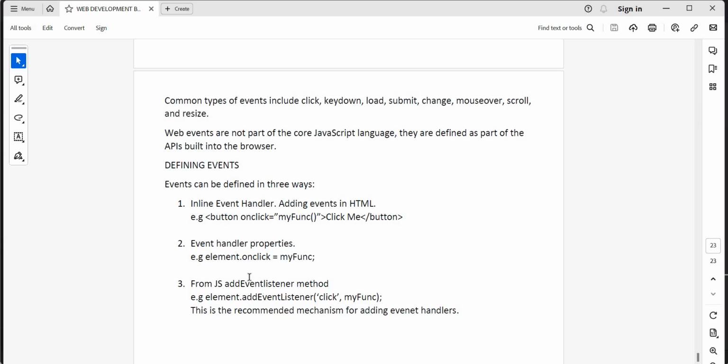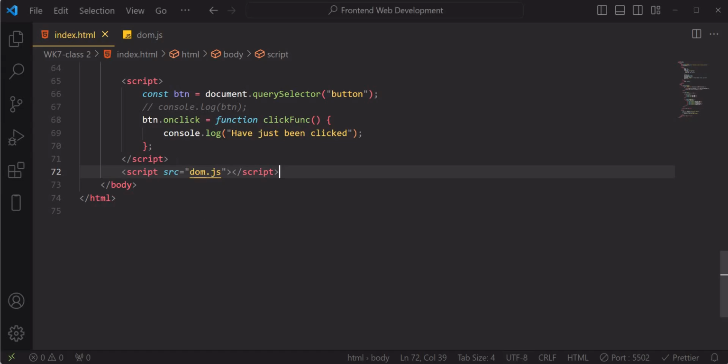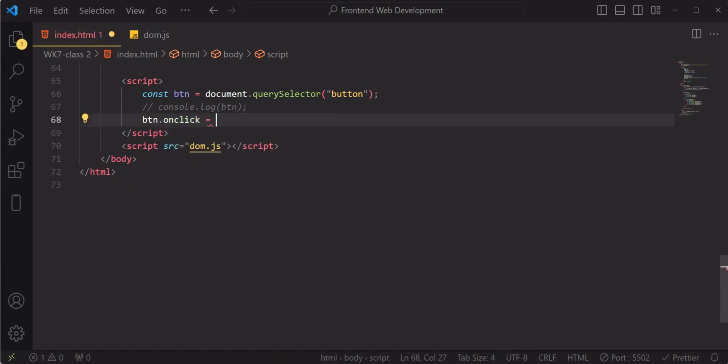So whenever you are adding events to a particular element and you want to run a particular function, this is the recommended mechanism for adding event handlers to elements. So please take note of that. Alright, so now in this case, I'm just going to remove this onclick. So let me just cut this, for example. Cut it. So now that we've already selected the element, we'll just do btn dot